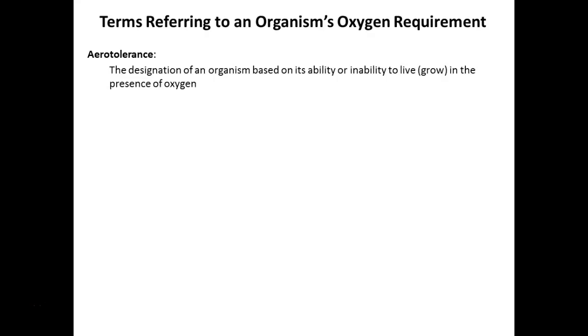Okay, so now we're going to get to the terminology that you guys need to know for this course. Can the organism tolerate oxygen, right? So we talk about aerotolerance. Does it have the ability, or is it unable to tolerate oxygen? And this will affect where it can grow. If it can't tolerate oxygen, then it can't grow in the presence of oxygen. So we have about 5 different classifications that we put organisms in based on their tolerances and uses of oxygen